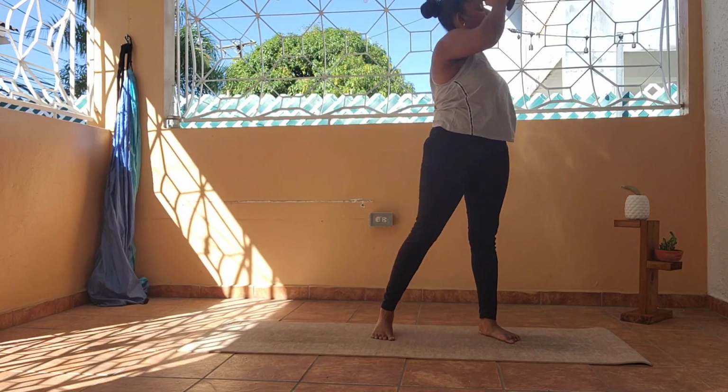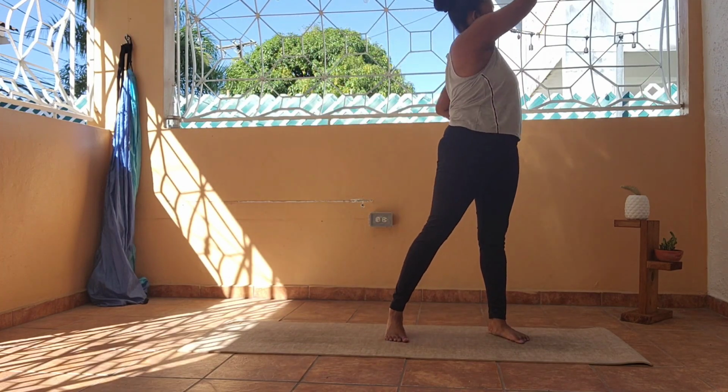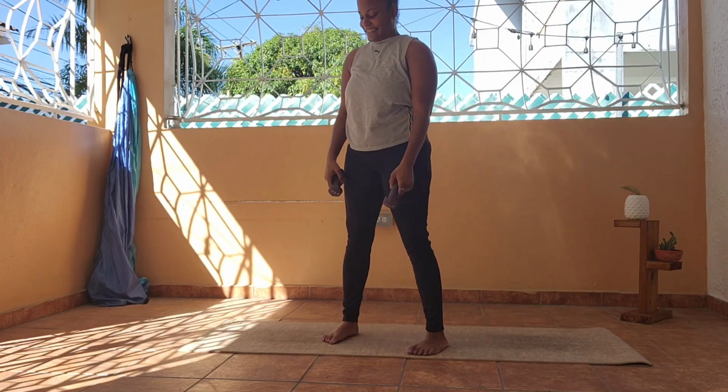Be gentle on the knees if you need to just do a walk, right? But it helps that lymphatic system. And we're adding the twist, so good. Alright, so